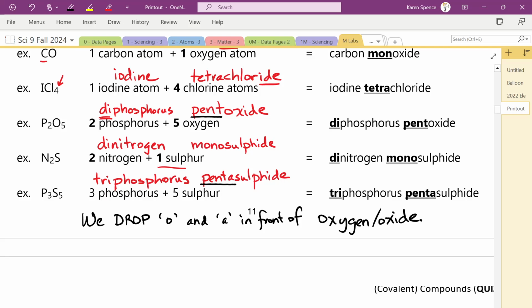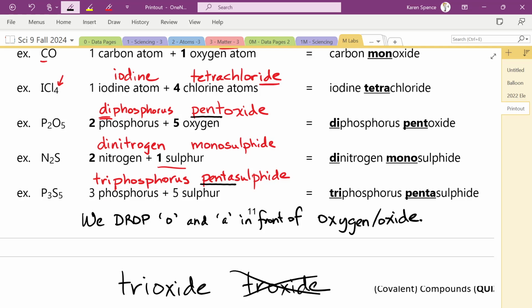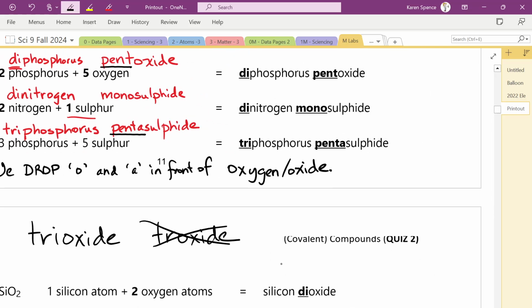So that one's going to take a little practice to get used to. Sometimes people get all excited and they're like, okay, I'm going to drop all my vowels. So instead of trioxide, they're going to be writing troxide, which is just not correct. And then people say, oh, I'm going to drop my O and my A in front of any vowel. And so instead of